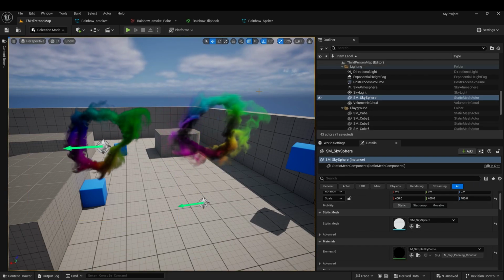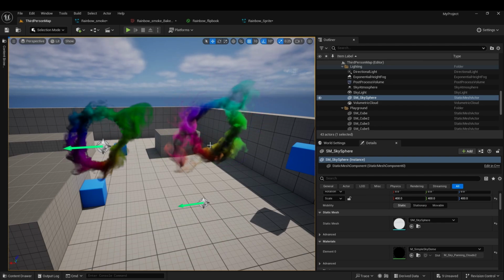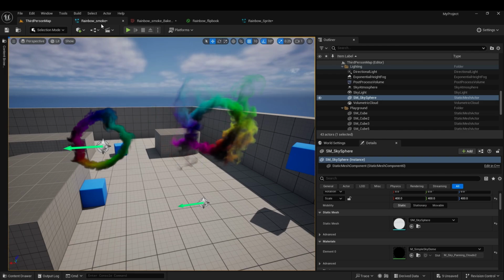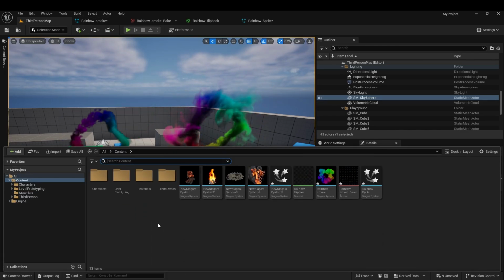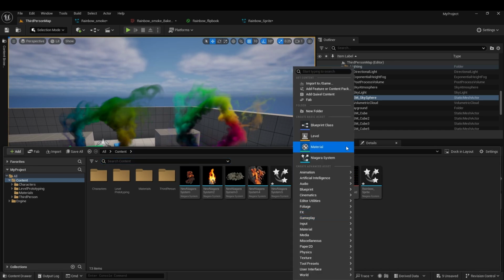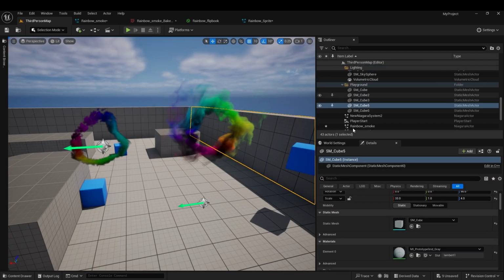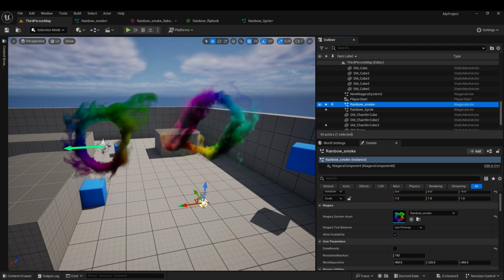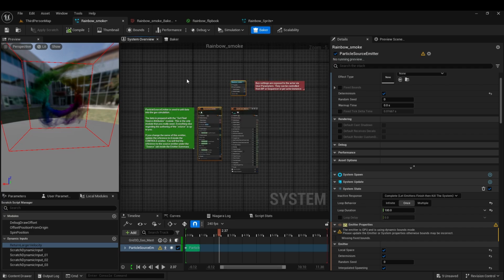So for you guys who want to create a Sprite version of your 3D gas emission, this is how we do it. I'm just sharing with you what I've learned. So first, you go to your content browser and create a Niagara system. You select the rainbow smoke, which I renamed. Click that and go to edit rainbow smoke and it will open this one, and then you will see the